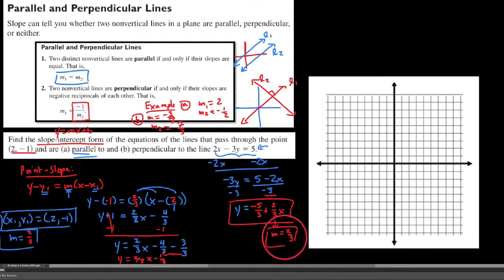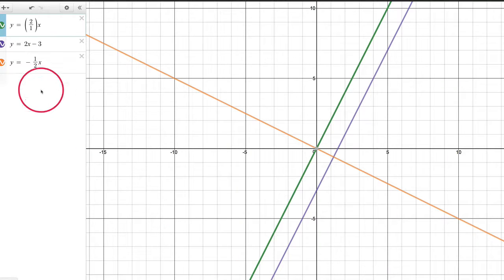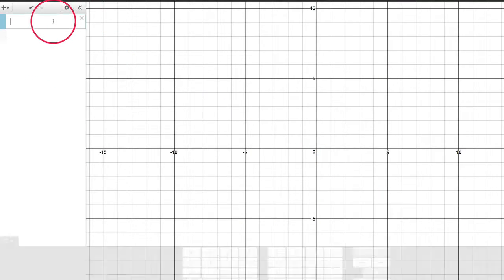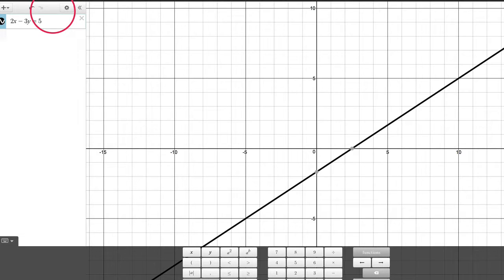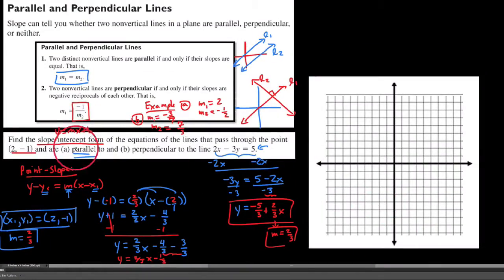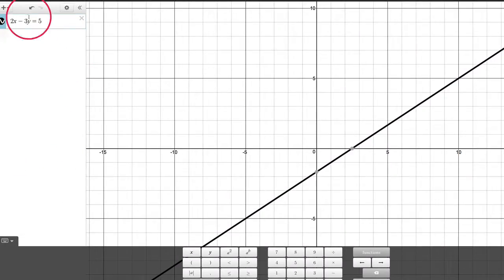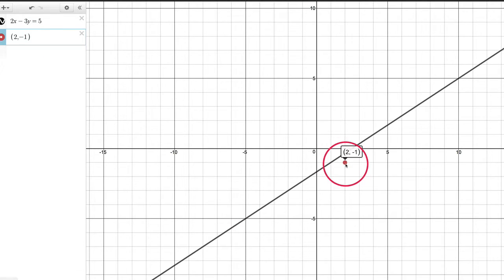So one thing that I want to do here is this. Let's go ahead and take a look at these graphs here. Our initial graph here is 2x minus 3y equals 5. So to pop over here, we'll type this in, 2x minus 3y equals 5. You can see that it is this line right here. What we wanted was a line that went through the point 2 comma negative 1. So let's go ahead and put this point up here as well. We say 2 comma negative 1. Apologies. And so we want a line that goes through this point 2 comma negative 1, but it is parallel